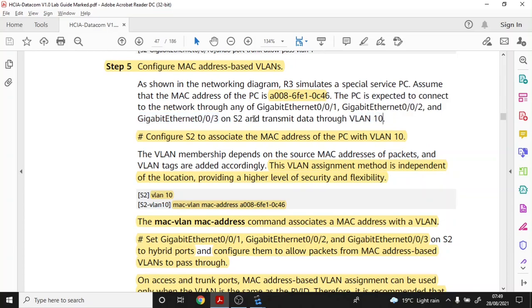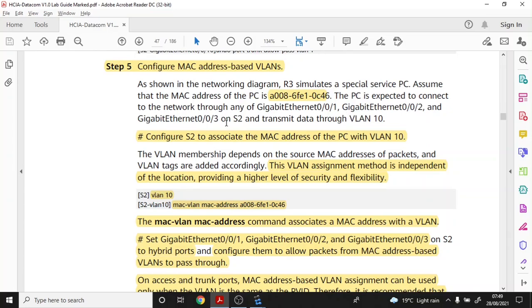Now, as we already know, one of the advantages of MAC address based VLANs is that if you change the device from one switch interface to another switch interface, then it should continue to work without you making any other configurations, because the MAC address does not change. So that's one of the advantages of MAC address based VLANs